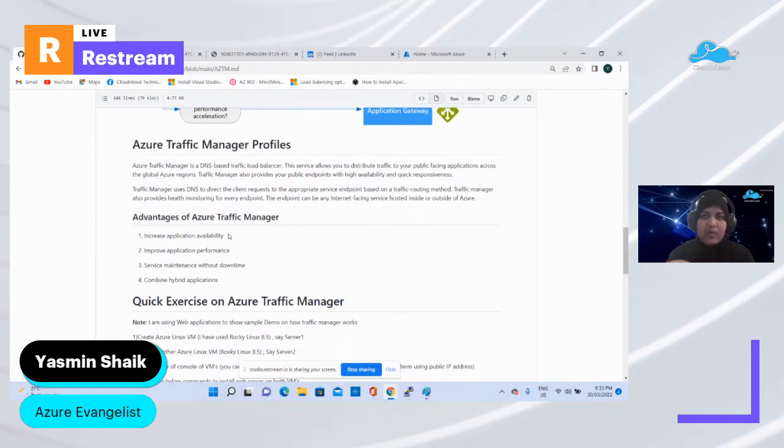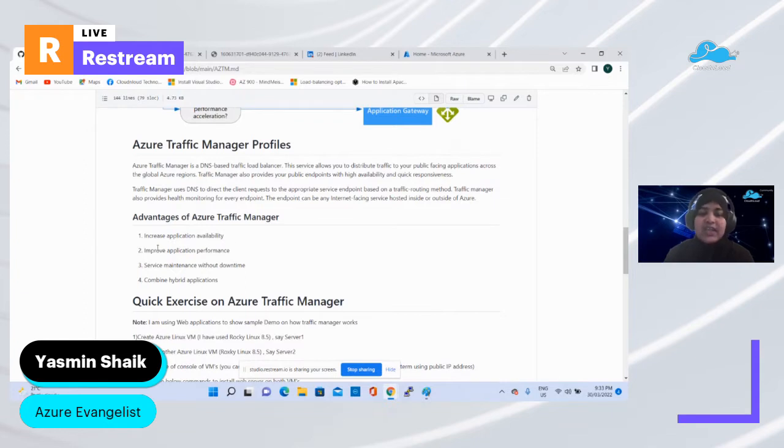If something is down in that region, it will divert the traffic to the other region, so that customers trying to access your web application don't see any issue.